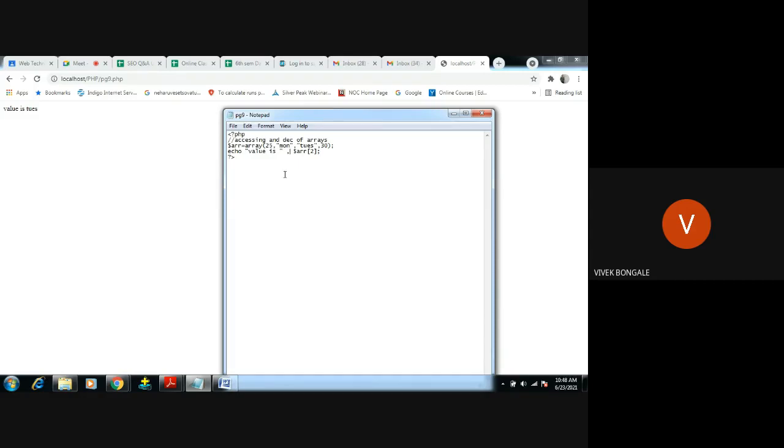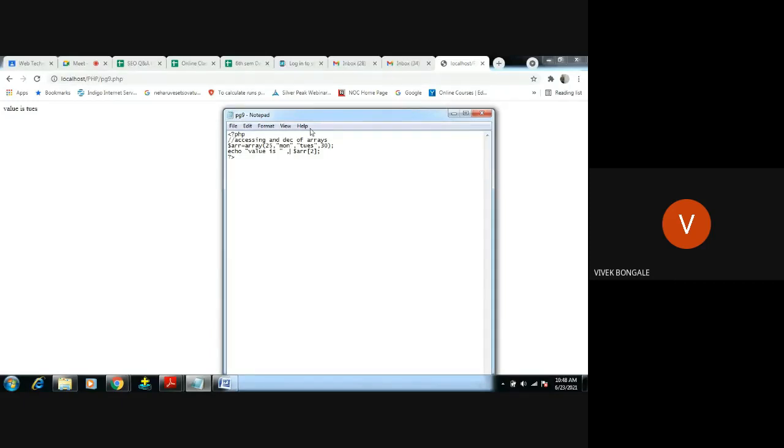But here we have to give the dot because we are trying to access through an array, so either dot or comma. Without an array, with only a variable, there is no need of giving anything; the value is followed directly by the variable name. So this is a normal numeric, simple array.